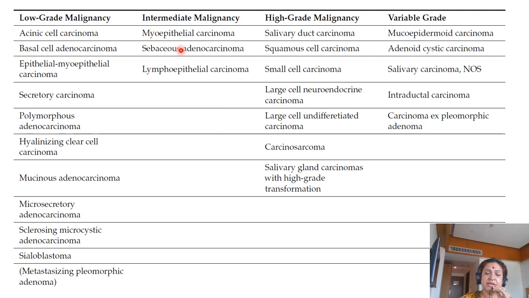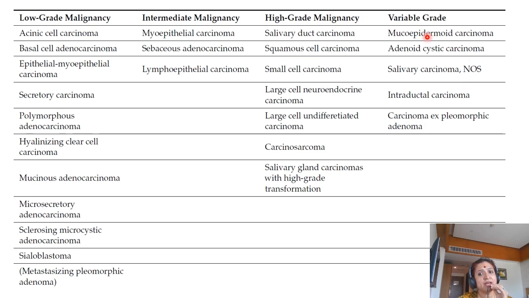Also, there are intermediate malignant tumors like myoepithelial carcinoma, sebaceous adenocarcinoma, and lymphoepithelial carcinoma, and high-grade tumors are your salivary duct carcinoma, squamous cell carcinoma, small cell and all your neuroendocrine carcinomas, small cell, large cell neuroendocrine carcinomas, and carcinosarcomas. Now, there are certain carcinomas which are of variable grade, and there you have to grade the tumor based on